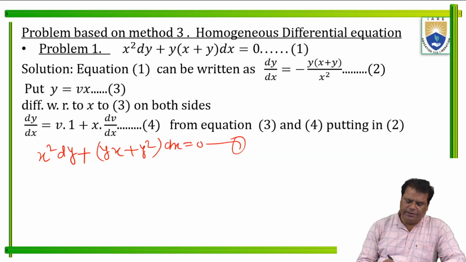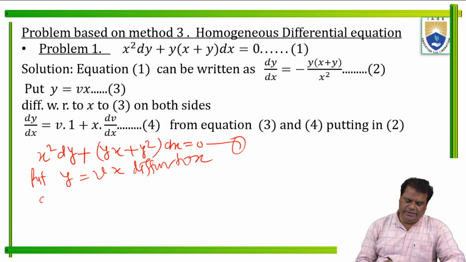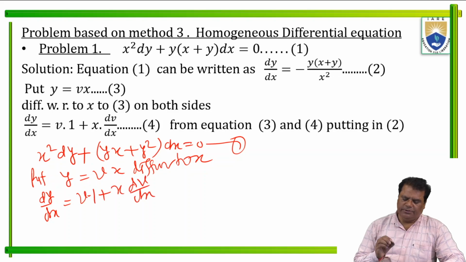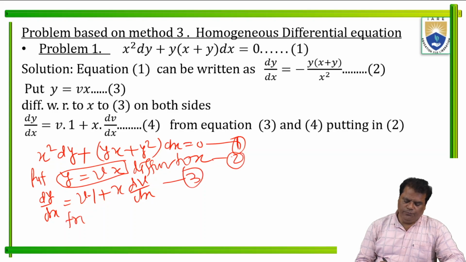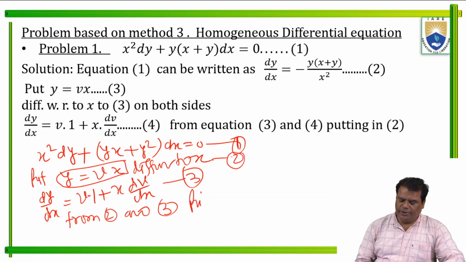Now taking y = vx and differentiating with respect to x, dy/dx = v·1 + x dv/dx. This result is equation 2, this is 1 and this is 3. From 2 and 3 putting in 1, we get